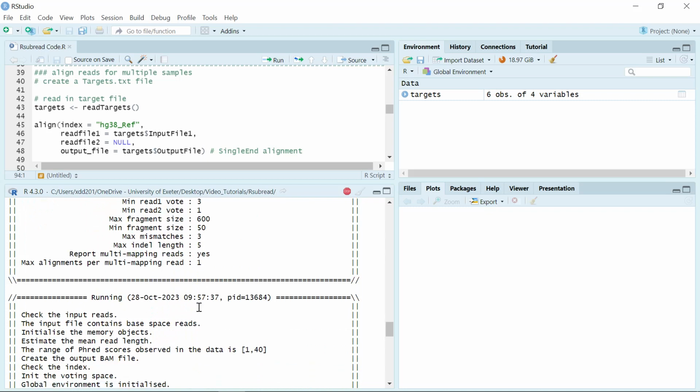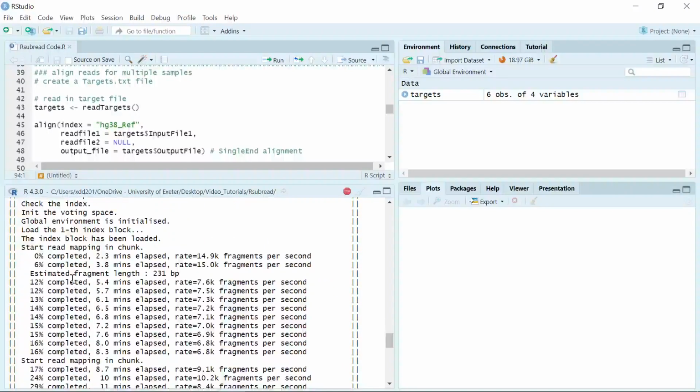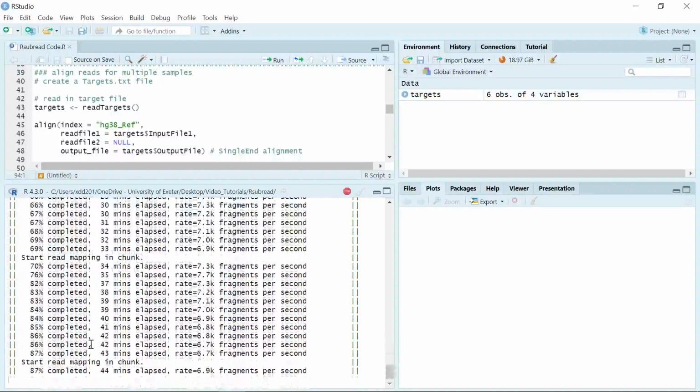You can see Rsubread started the alignment for the second sample at nearly 58 past 9. Then Rsubread starts the alignment from 0 until, so at the moment it's only finished